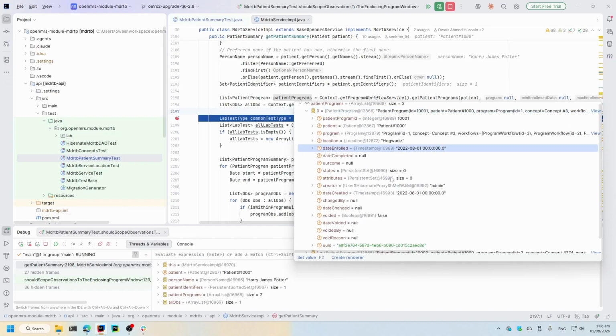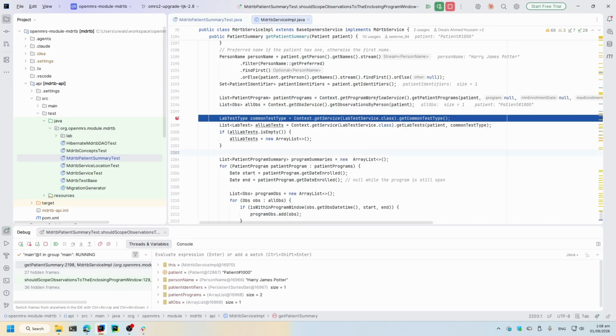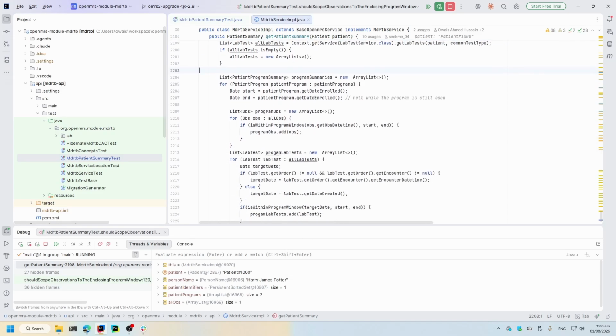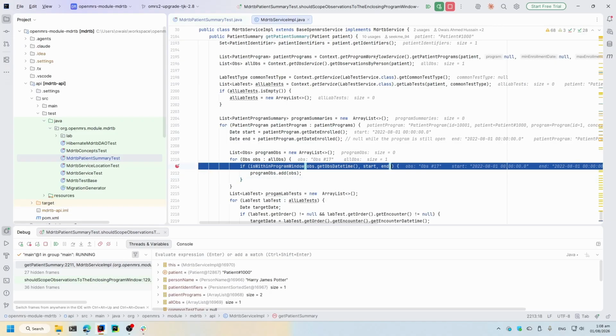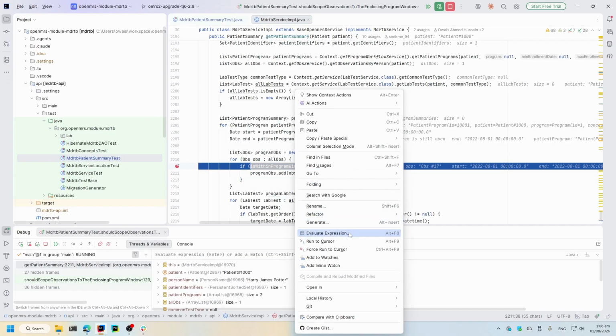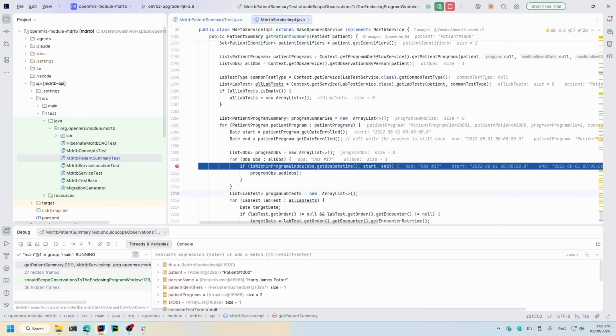Starts and then no date completion. For the other one, all right. So this is incorrect date completion. But anyway, this doesn't belong over there. Let's see. I'm going to put in a breakpoint over here and see if our method is within program window works or not. So let's evaluate the expression and it turns out to be false. Why? So we have start date as 1st August, end date as, oh,